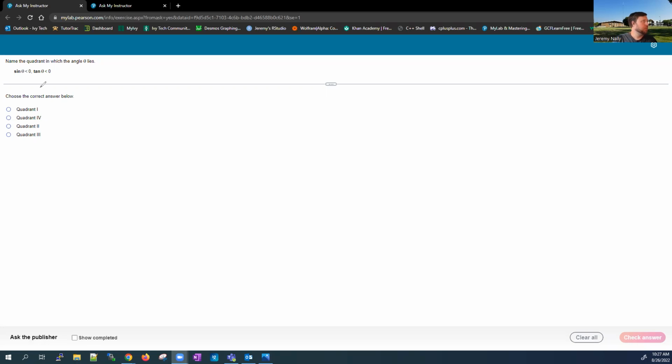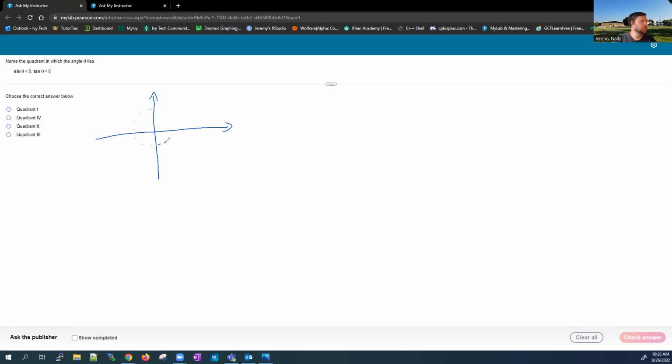Okay. So now it's telling you that sine theta is less than zero and tangent theta is less than zero. And they want you to choose which quadrant. And I'm going to make this a little bit less painful to figure out by just showing you a neat way to sort of think about these. So